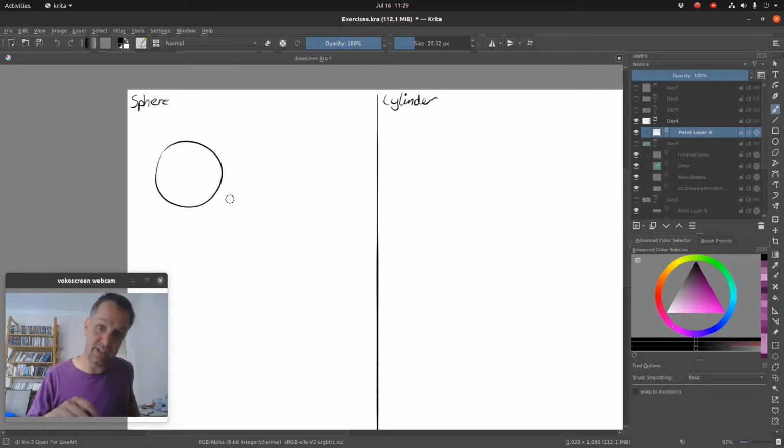A sphere has form, and that means it interacts with the lighting in the scene. That means it has highlights and shadows. So where are the highlights and shadows? Let's say we have our light source over here. That's our light source. That means we have this part of the sphere which is catching the light most directly,